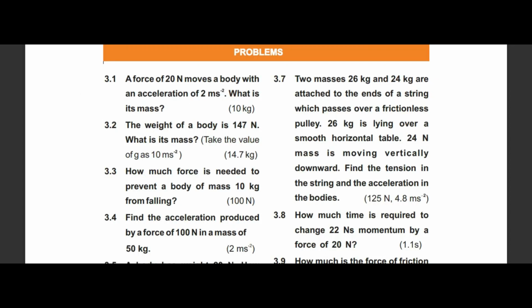Let's see the next numerical 3.2. The weight of a body is 147 Newton. What is its mass? Take the value of g as 10 meter per second square. So in this numerical, first enlist the given data. The weight of the object is 147 Newton,